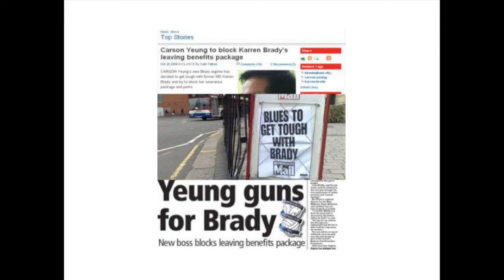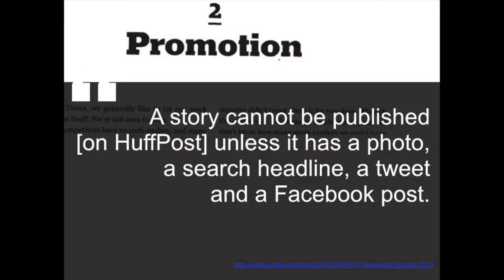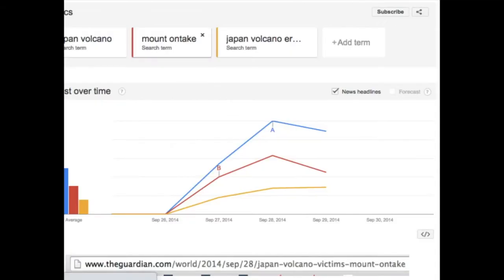Now, the writing of headlines used to be a separate job for journalists. It used to be done by someone other than the reporter. But it's very common these days for reporters to not only be expected to write the story, but also write a headline that will work on search engines, to include some visuals as well, so some sort of photo, and also other elements like a tweet or a Facebook update that can go with it. So it is important to develop these skills in a way that hasn't been the case in the past.